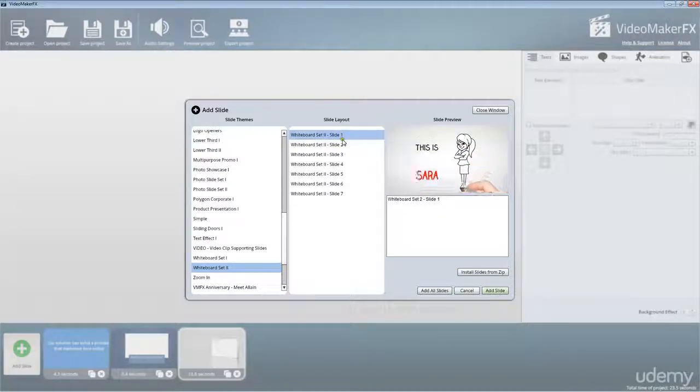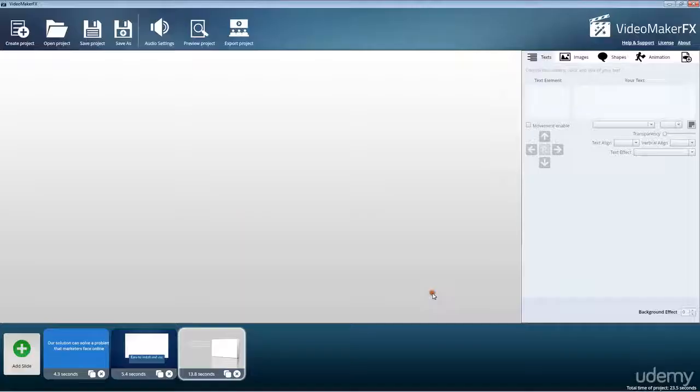So what I'm going to do, as we said in the beginning, is that we want to create videos in less than 5 minutes and get our message across. So that's what we're going to do. We're going to add in the whiteboard set, and we're going to re-update the text within it, and it's going to create a really quick video within our video that we're making here. So all I have to do is add all slides,